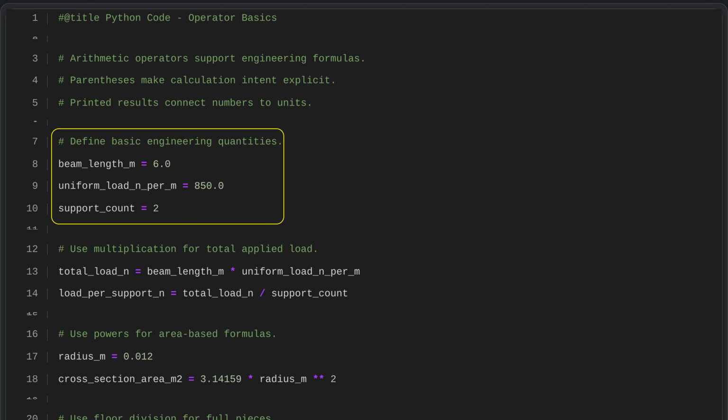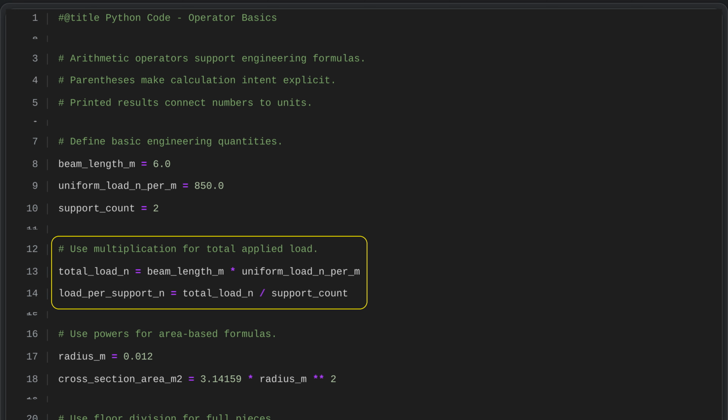We define the beam model using 3 key quantities: a total length of 6 meters, a uniform load of 850 newtons per meter, and 2 supports. These values describe the beam's size, the evenly distributed load, and the support points needed for later load distribution calculations. To find the support load,